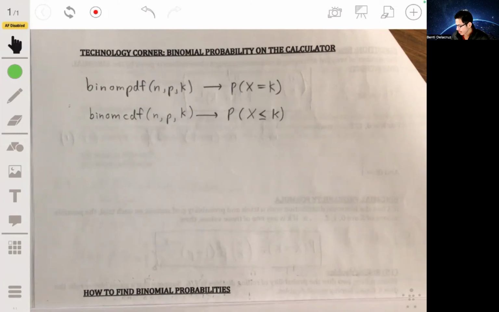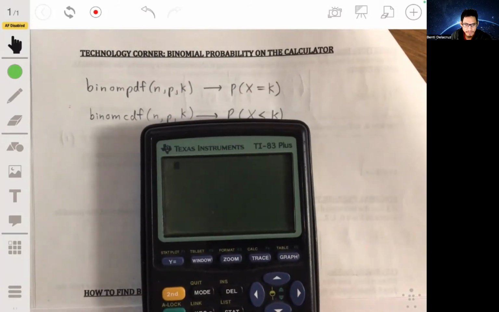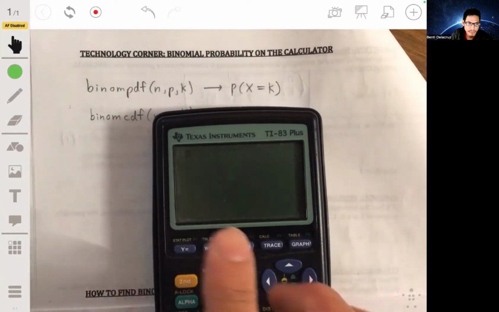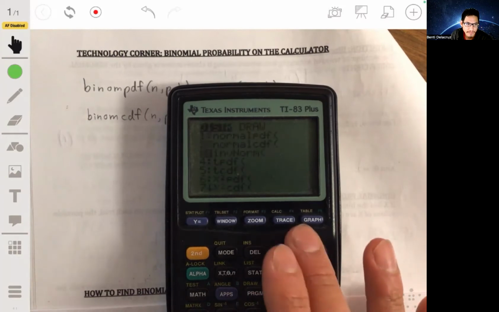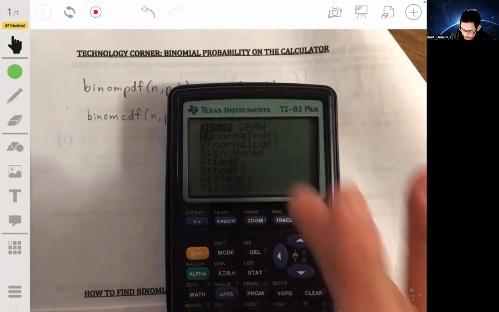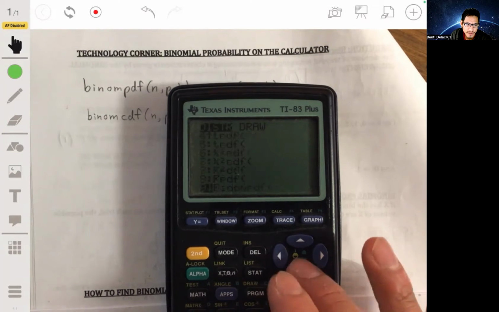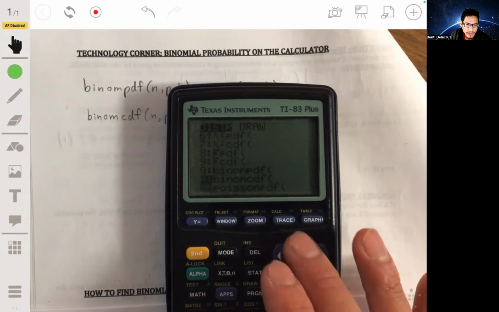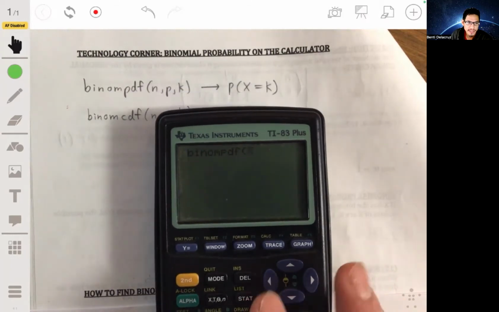So in your graphing calculator, you're going to see that you have a function called binomial PDF and binomial CDF. Depending on your version, yours may look a little different. I have the most basic, so usually this one requires the most memorization. You see how we have the normal ones? That's what we were using up to now. But if you scroll down, you'll see binomial PDF, and then here the syntax will be that you're going to